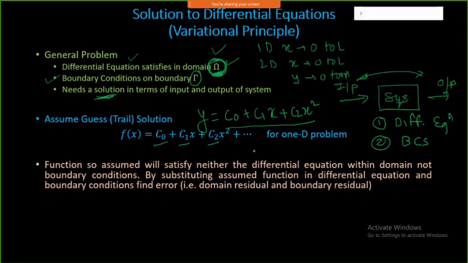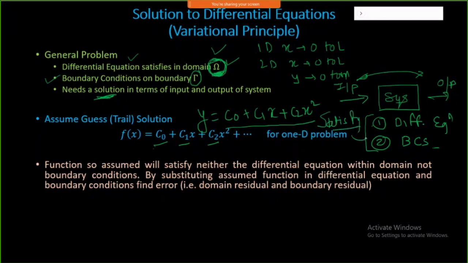And we want to determine the C0, C1, C2 constants, or Cn kind of constants, using this differential equation and boundary conditions. These are the things we can look into. These C0, C1, C2 are determined by substituting into boundary conditions. It should satisfy this, not only substituted, but it should satisfy. Then I will get a solution for it.